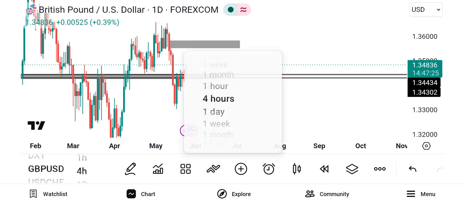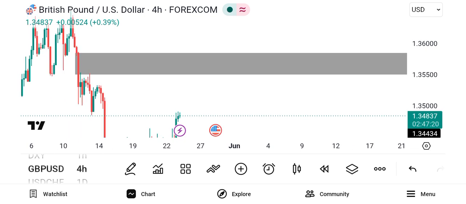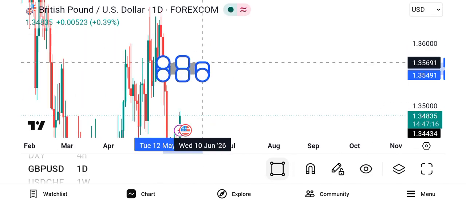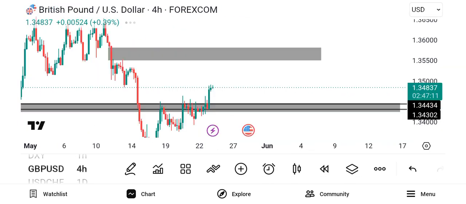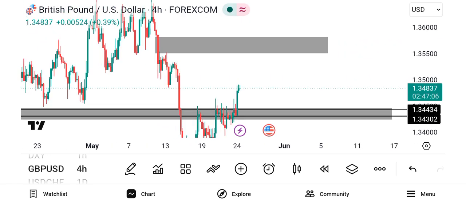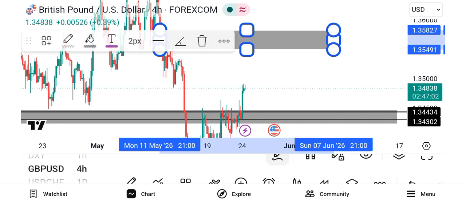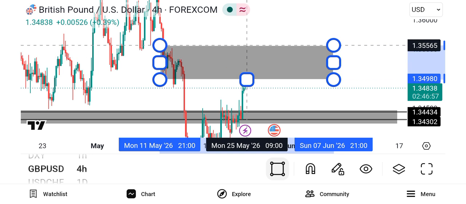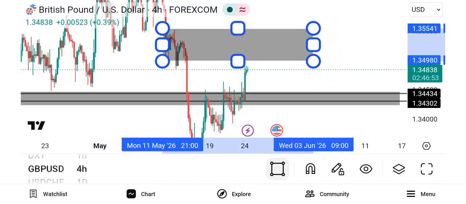Then look at it from the 4 hour perspective. Let me quickly adjust this thing from daily. Let me adjust it from the 4 hour perspective. You can see that yes, the market is still looking so bearish. If I'm to adjust this thing to align with 4 hour perspective, this thing will be here. This thing will be here. Let's see, because this one will be here. This is the zone the market reacted from before it collapsed.